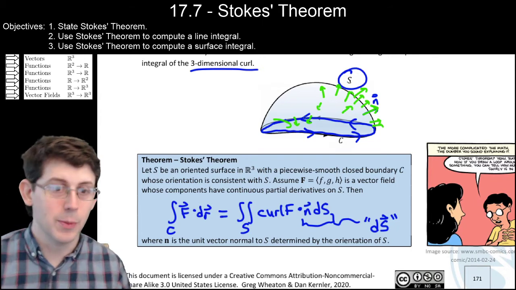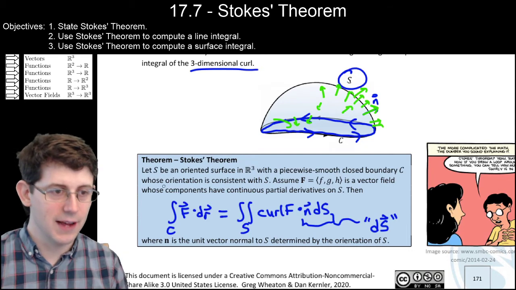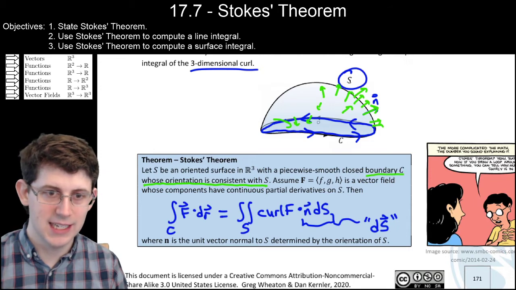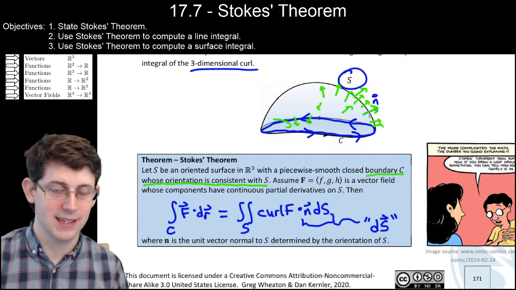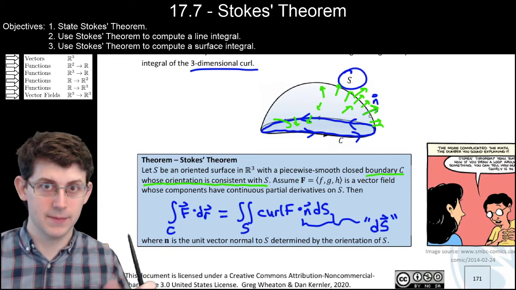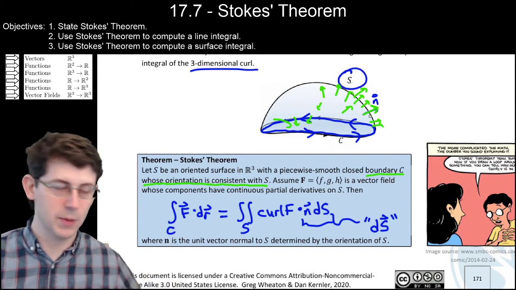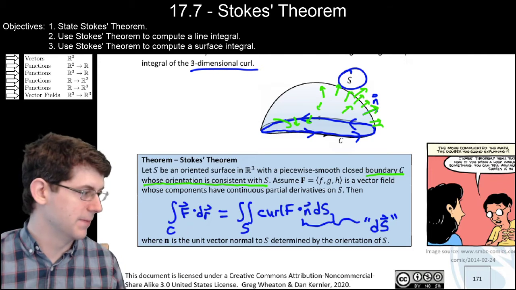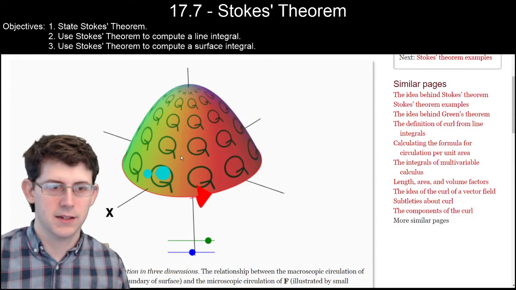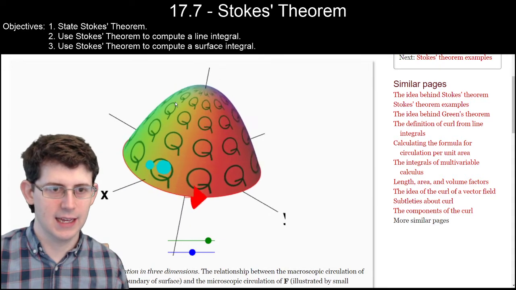So which one do you pick? The answer is that you have to pick normal vectors whose orientation is consistent between the boundary C and the surface S. This is kind of tricky, but that's what this picture that I opened with is about. So how do you get the orientation correct? Here's my attempt at